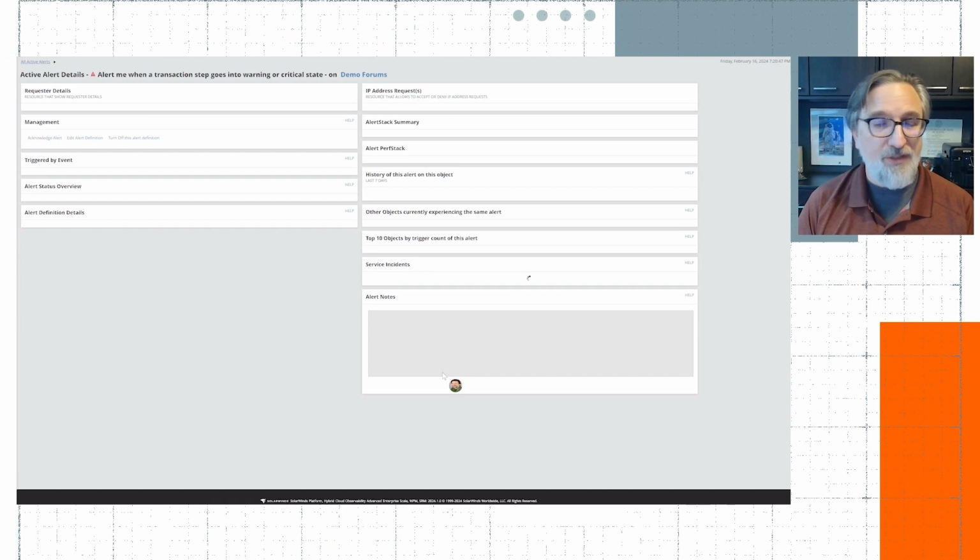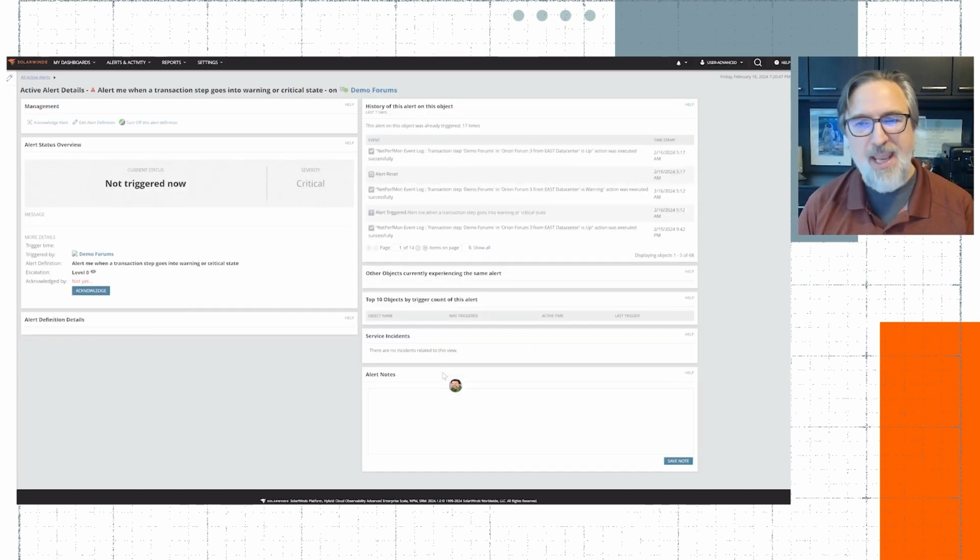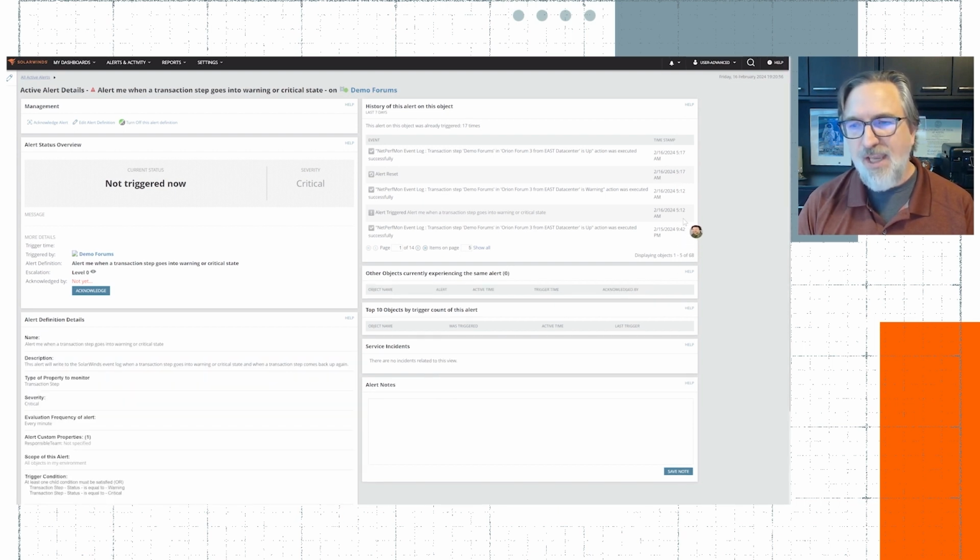Of course, it's going to show that it's green right now, but back when that happened, we'll see that in the history. You can actually see the history here. It was okay at 9:42. At 5:12, it went to the critical state. It looks like something was executed, and it went back to the green state at some point. But that's the general idea: you can look across all of these alerts going on, and it puts the story together for you and makes it really easy to manage the story as a whole.